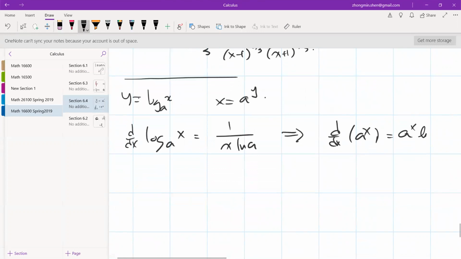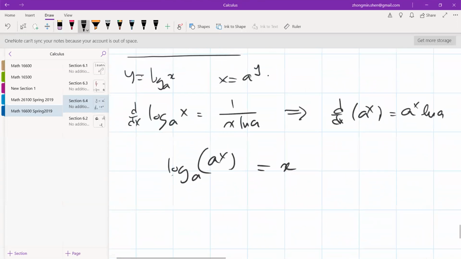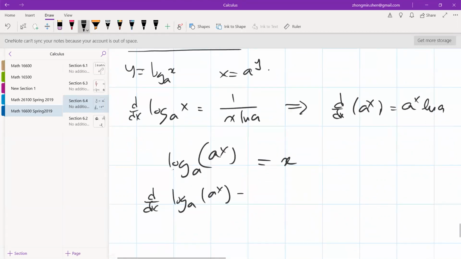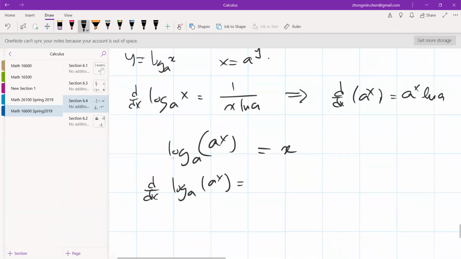Okay, a to the x natural log a. How? This is just because the natural log of a to the x is going to be x, right? So if you already know the formula for the derivative, and you differentiate, okay? So the left-hand side, according to the formula we have, is going to be a to the x natural log of a, right? And then the derivative,